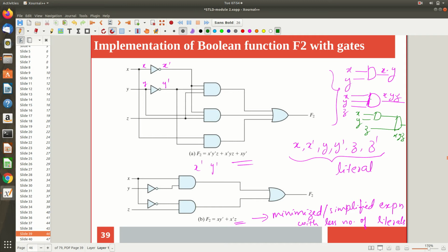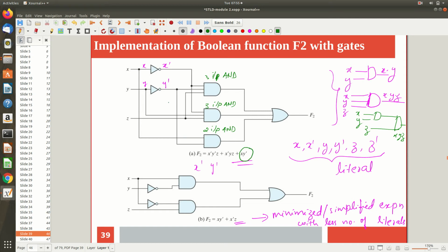You can directly use a 3 input AND gate. This is a 3 input AND gate, this also is a 3 input AND gate, but here I am using only a 2 input AND gate. A 2 input AND gate may be used for this x y dash.